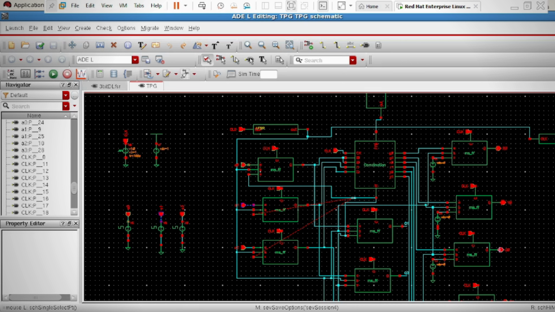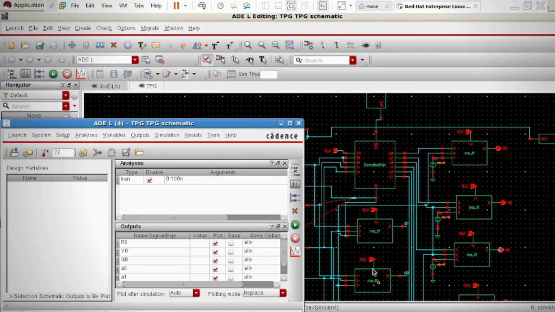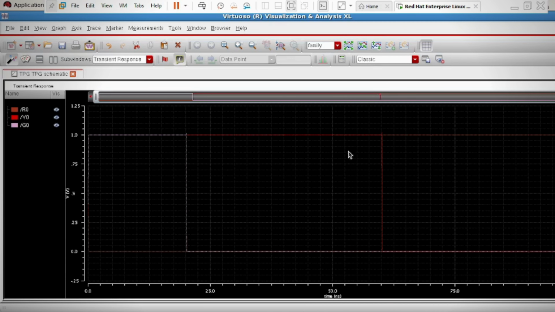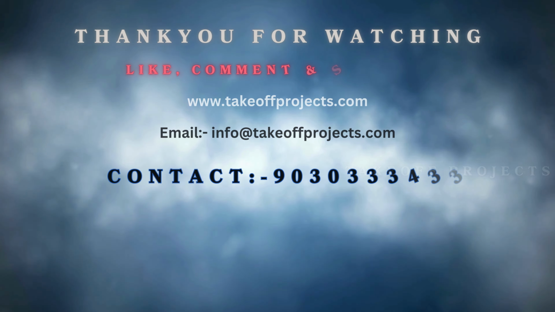Select Spectre as the simulator, define the simulation files path, and enter a path for your simulation files and results. It's recommended to keep all simulations in one directory for organization. If no specific path is provided, the simulation files and results will be saved under the directory from which Cadence was launched.